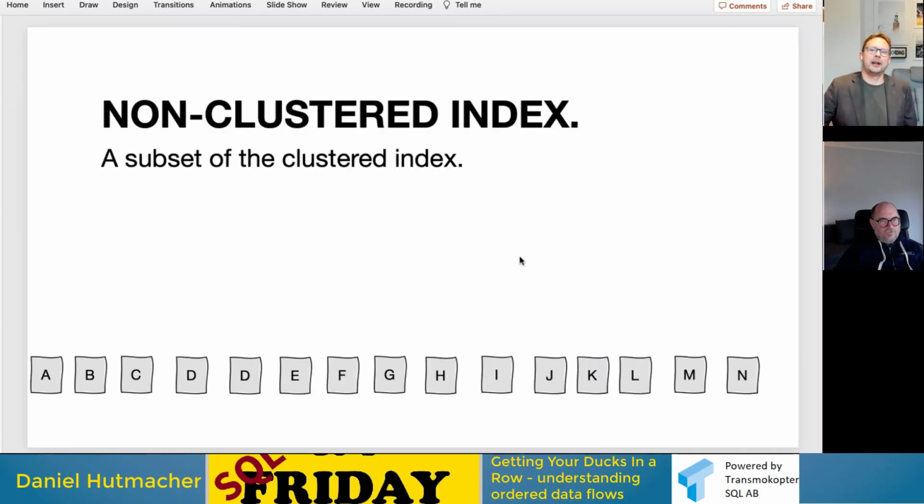A non-clustered index is like an extra index. A non-clustered index doesn't contain the entire table. The clustered index does. So the clustered index is ordered by the key, but it contains the entire table. A non-clustered index doesn't. If you think of the phone book, for those of you who are old enough to